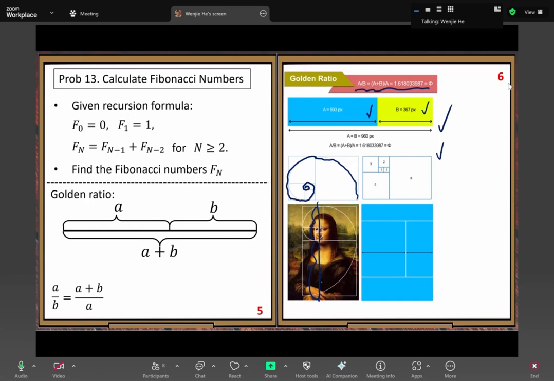So here we want to calculate this ratio. How large is this ratio? To do the calculation, here we only have one equation. One equation, but we have two unknowns, A and B. Based on your equation knowledge, when you have two unknowns, you need at least two equations to solve it, right? So one equation is not enough.